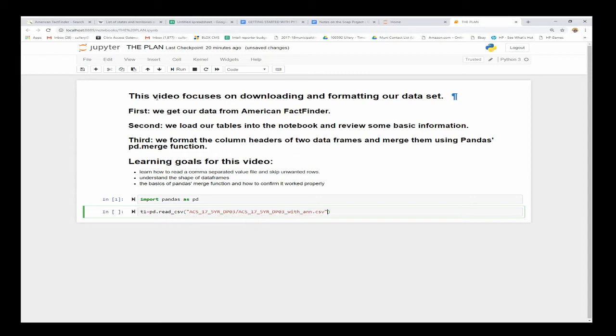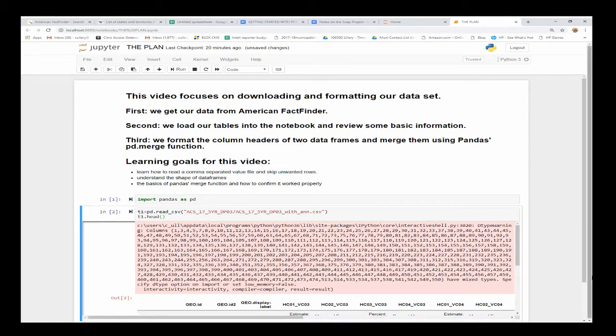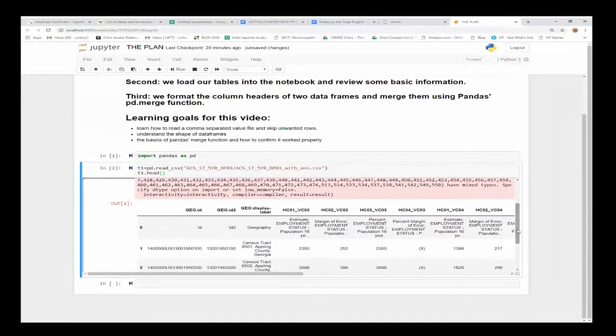Now I know whenever I download this, it's going to have an extra row, and I'll go ahead and share this to you real quick so that we can just get this out of the way. This is an error, and this is part of our cleaning. We'll get to this later. We're just going to ignore this error for right now. Let me just scroll down a little bit. So here's what we have. If we just read the CSV file as is,